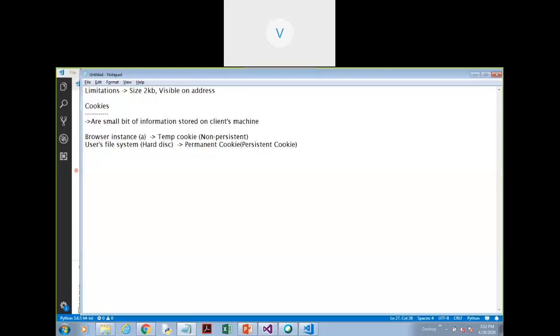तो मेरा मेन पॉइंट ये था बताने का कि कुकीज और हिडन फील्ड, ये दोनों ही टेक्निक का सबसे बड़ा लिमिटेशन ये है कि हिडन फील्ड इज एप्लीकेबल सिंगल पेज, whereas query string is accessible to the page to which it has been passed. मतलब अगर आपने क्वेरी स्ट्रिंग को पेज ए से पेज बी को पास किया है, सो इट विल बी ओनली अवेलेबल टू पेज बी. पेज सी, पेज डी को वो डायरेक्टली नहीं मिलेगा.